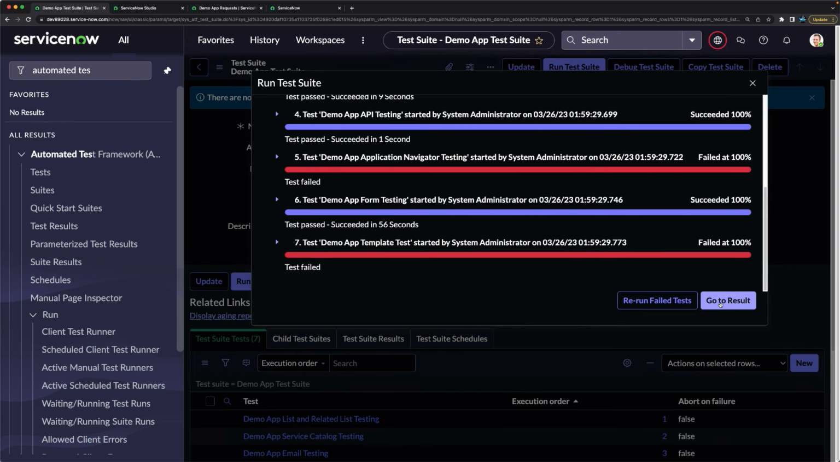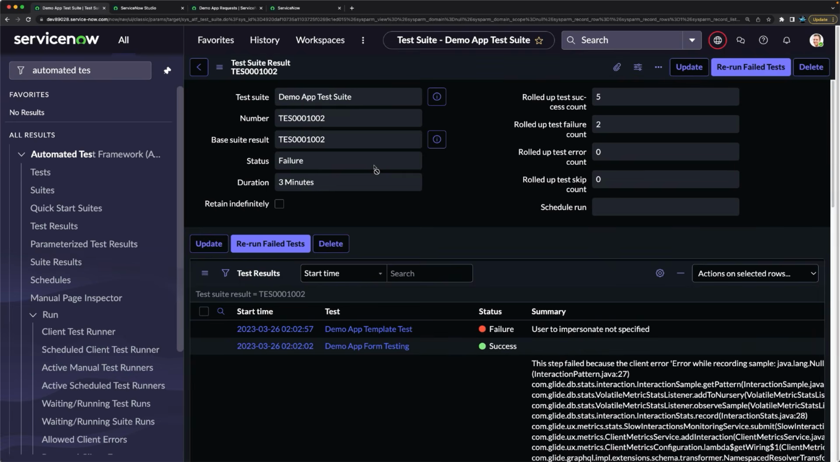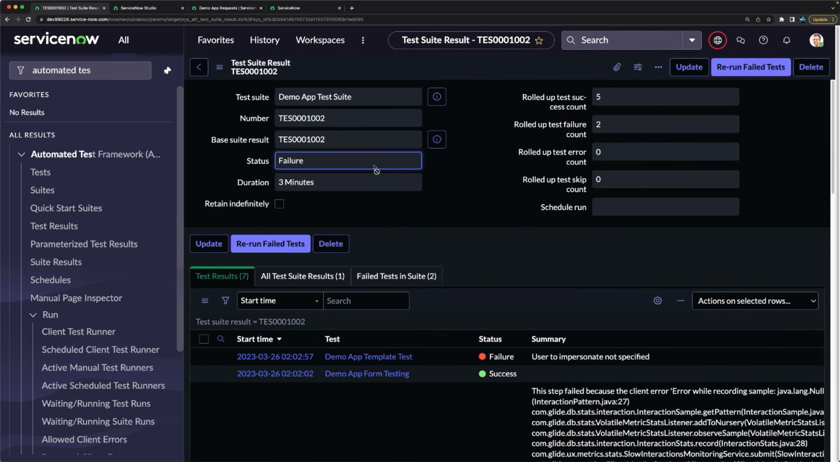There is one more option, rerun failed test. Let's say you want to rerun the failed tests. You can do it directly from here, or you can go to the result. If I click on this, it will show me the test suite result. Now this result is different from a test result. A test result shows you information about just the particular test. A test suite result shows you the information about all the tests